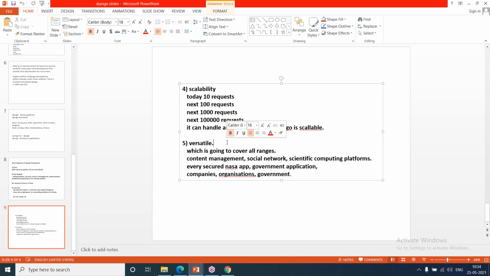We have to secure the information. In that case,